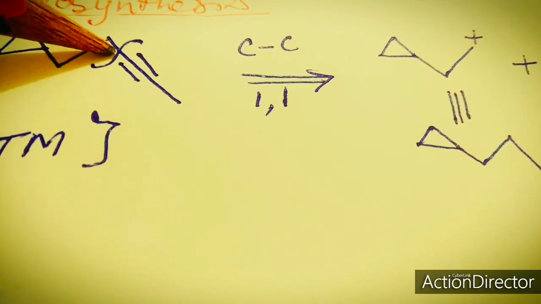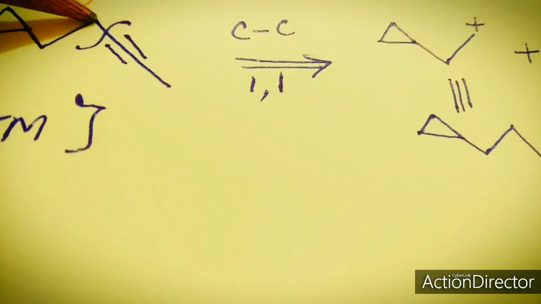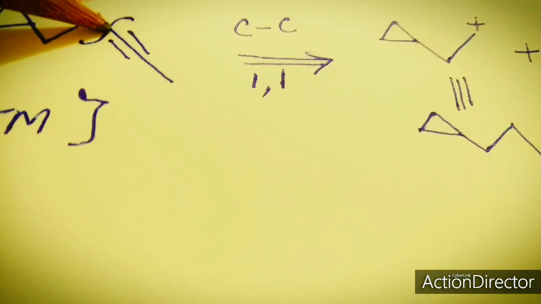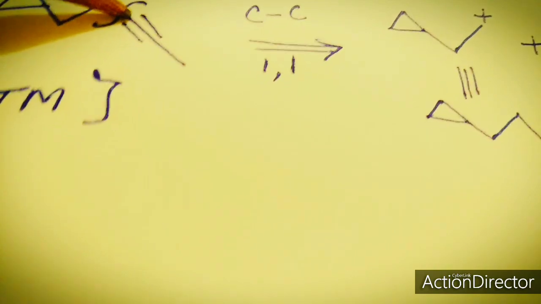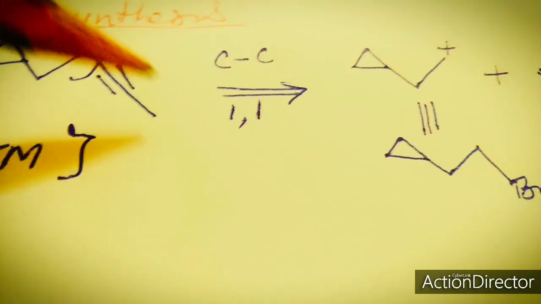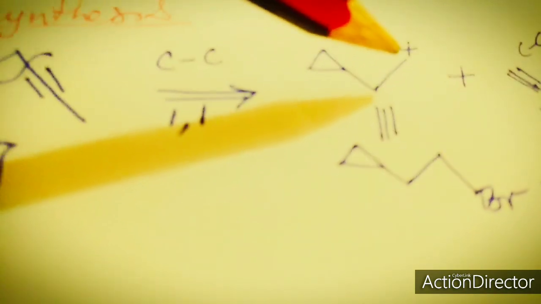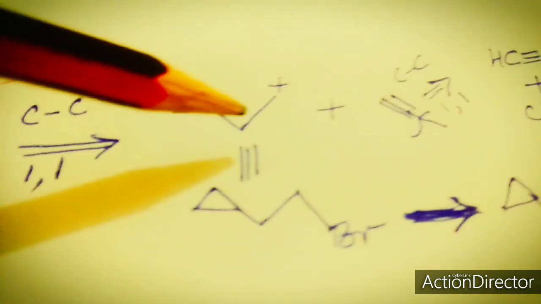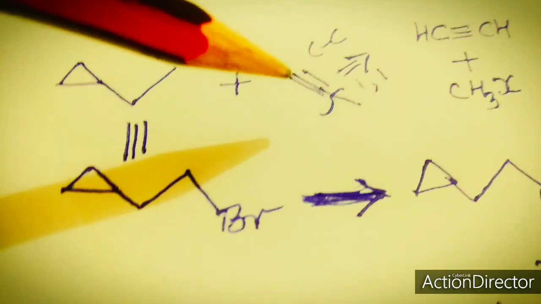On disconnecting it here, carbon-carbon 1,1 disconnection. Because the functional group here is the acetylenic group, we disconnect it at that very point where the functional group is present, that carbon itself. So 1,1 disconnection. So this end will get a positive charge. This is a positive charge. And the other end, we know, the acetylenic end will get a negative charge.